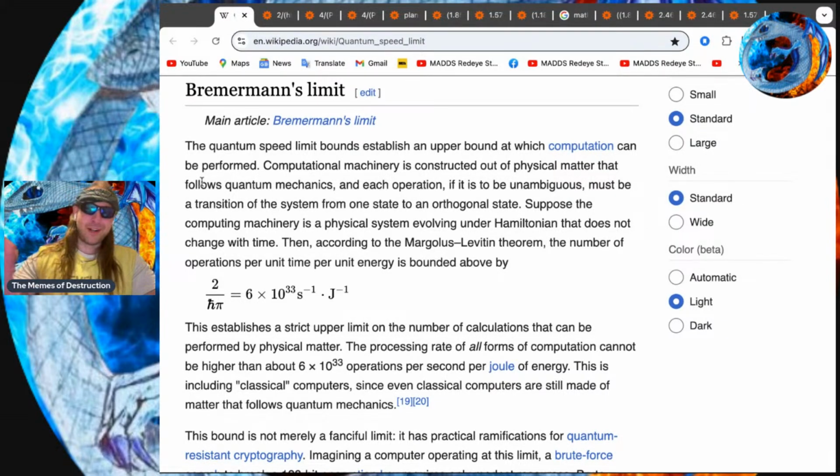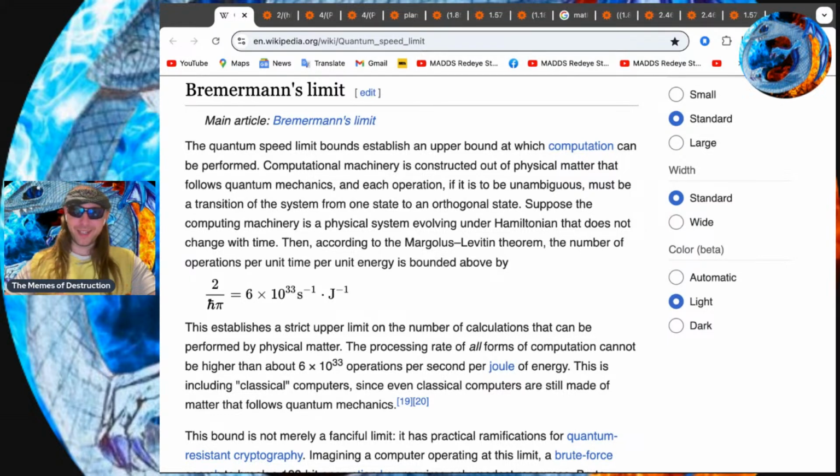Okay, the quantum speed limit bounds establish an upper bound at which computation can be performed. Computational machinery is constructed out of physical matter that must follow quantum mechanics, and each operation, if it is to be unambiguous, must be a transition of the system from one state to an orthogonal state. Suppose the computational machinery is a physical system evolving under a Hamiltonian that does not change with time. I feel like there should be an "a" there. Then, according to the